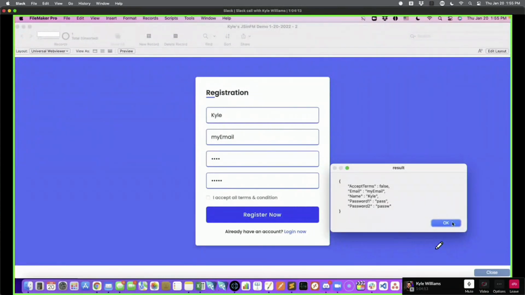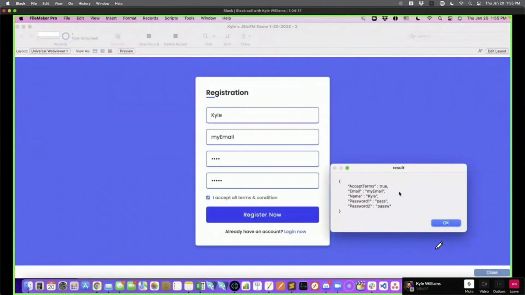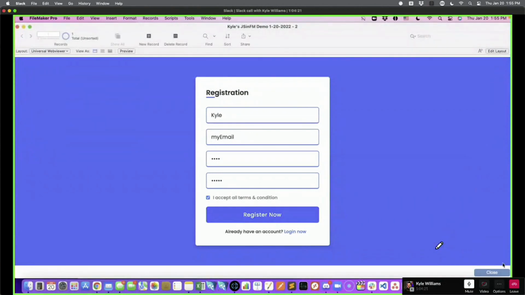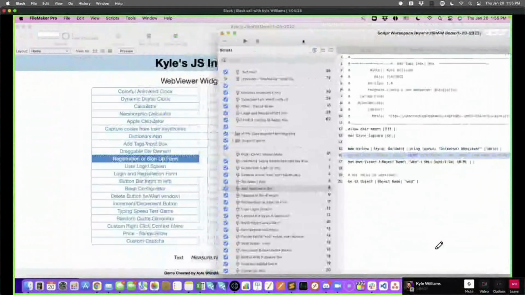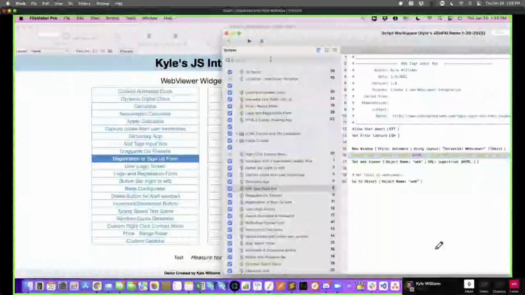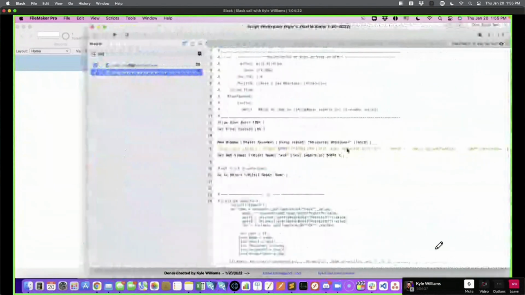The accept terms, that's the checkbox. So there is a checkbox here. If I select that again, you can see that false became true. So you could ask, how do you do that? So, registration sign-up form. Registration sign-up form. Okay, so